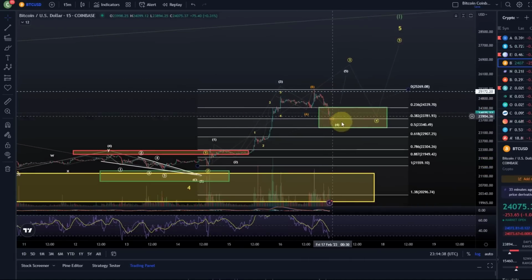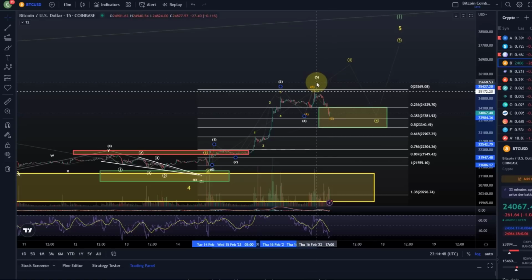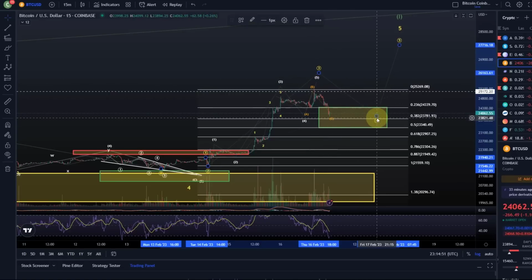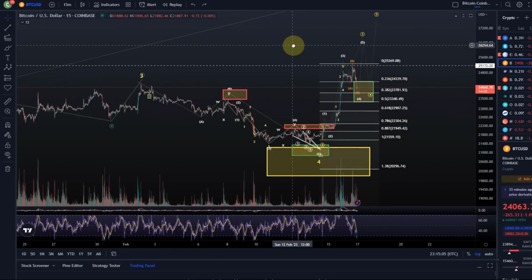We should find support in here and then get the rally in either this fifth wave, or if we're already one more step ahead. So again, this could be a possibility as well, that we had the 4 and the 5 finished here, and that we're now rallying in the fifth wave next. But I would very much prefer that. It would be a nice pattern. If we get one more high here into the 26, 27K region, that would also add some credibility to the entire move of the